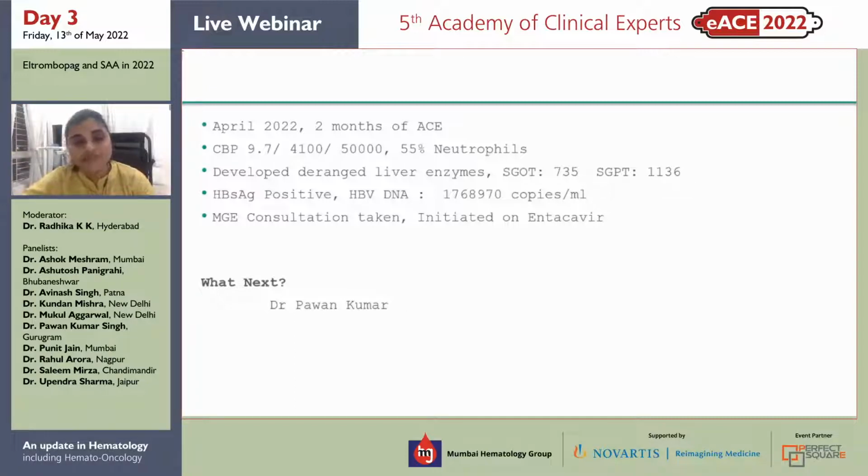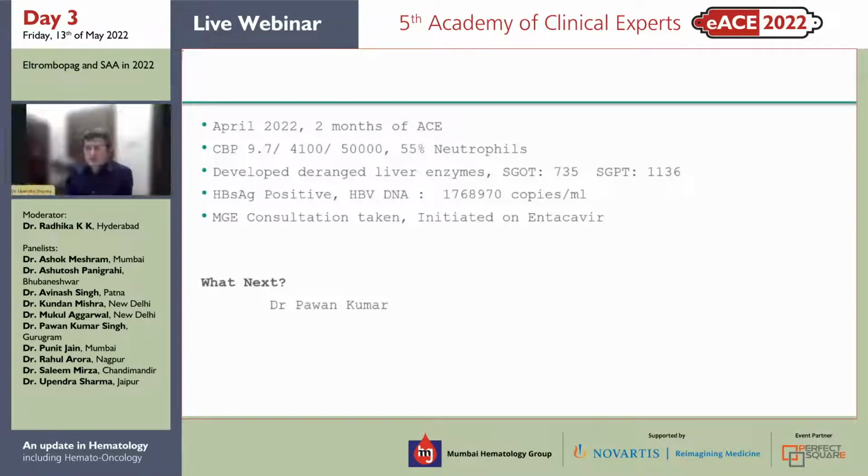This is what I would do. Any other opinions from other panelists? What is your call on eltrombopag continuation and cyclosporine? So Dr. Radhika, for this patient, yes, Revolade has to be stopped because the enzymes are elevated. Patient will end up in hepatic decompensation, and that will be troublesome. But I think we can continue with cyclosporine because it doesn't have much effect on the liver, and it is not that immunosuppressive. We can decrease some dose of cyclosporine, but we have to continue with some medicine. Yes, Revolade has to be stopped. Cyclosporine has to be continued. Great. Next slide, please.